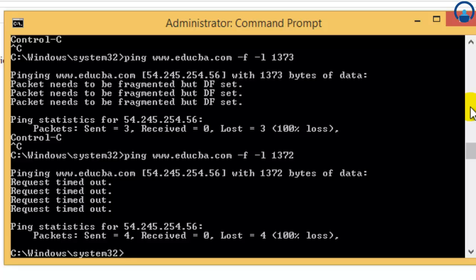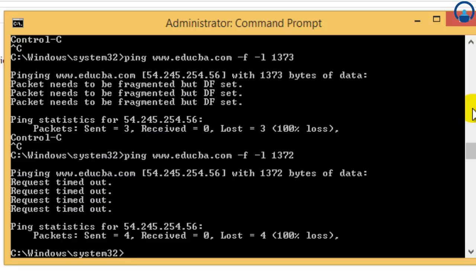In this tutorial I will be continuing where I left off in the previous tutorial, that is the ping utility and time to live. In the previous tutorial we saw how we could ping different types of websites, check the fragmented parts, and check the maximum frame packet size. In this tutorial we will be checking what happens to time to live when it expires.